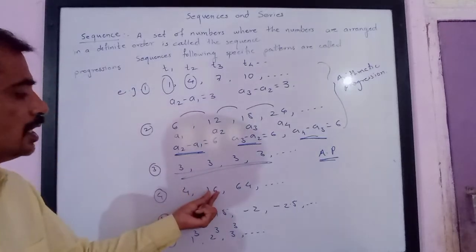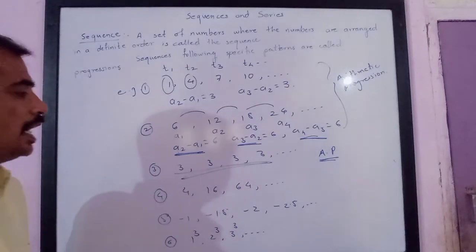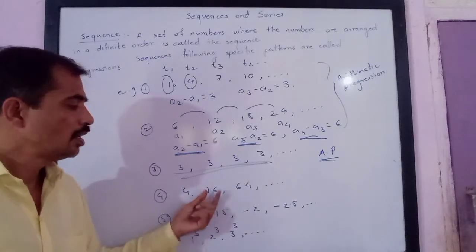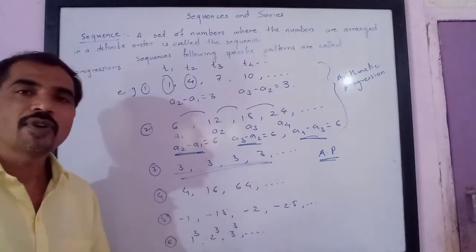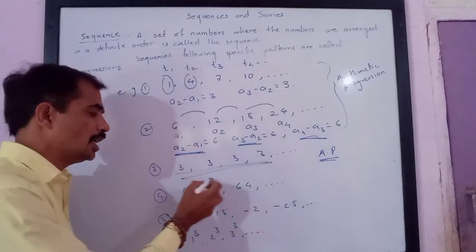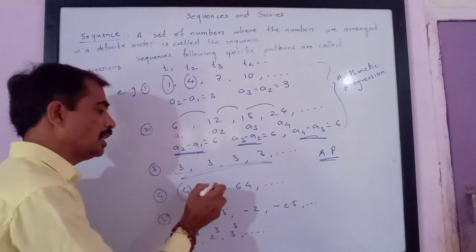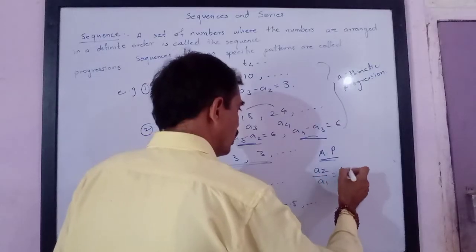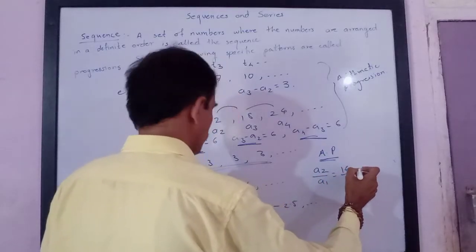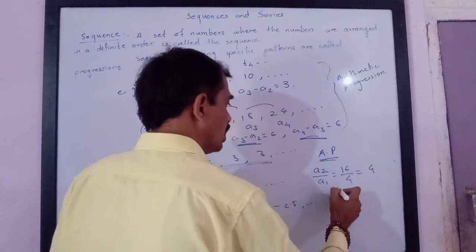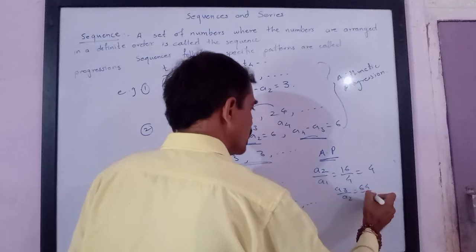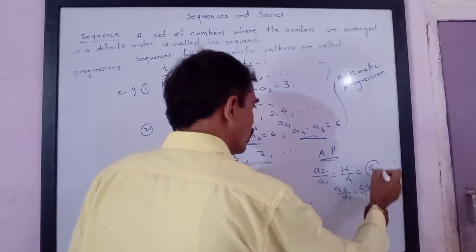Now see here, 16 minus 4 is 12. 64 minus 16, please note, it is 48. So the difference between the consecutive terms is not the same. But let us check the multiplier, that is a2 upon a1, equal to 16 upon 4, that is equal to 4. Let us check a3 upon a2, that is equal to 64 upon 16, that is also 4. Please note,